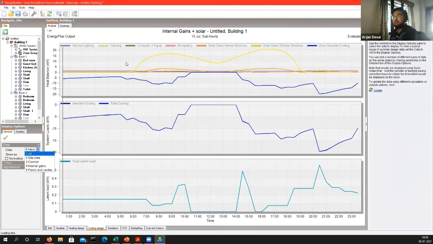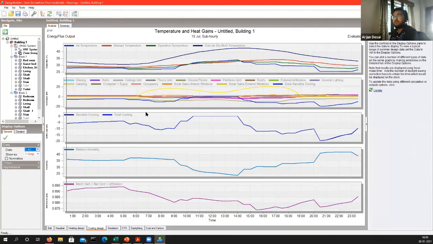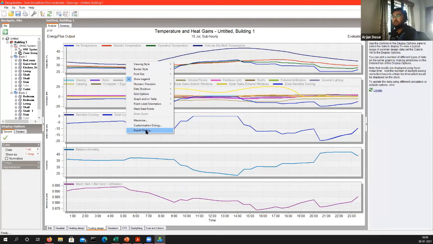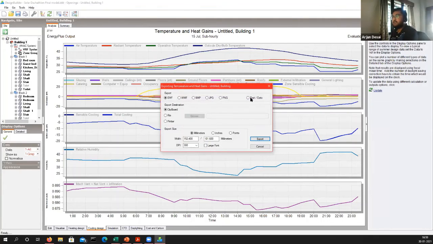So let's say you have all these results. You just click on export dialog. You say text or data, and then file, or let's say clipboard. And then you export